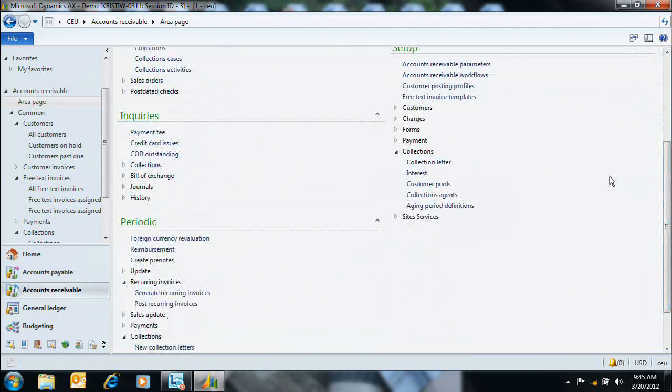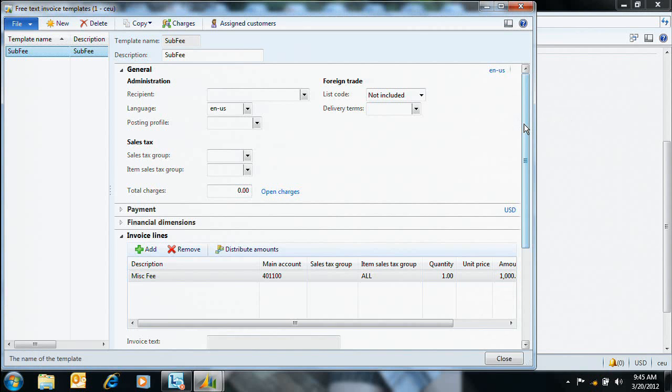Okay, so we're going to first take a look at the setup of the template. And this is located in Accounts Receivable under Setup. And you can see I already do have one template created, but I'm going to create a second one. So we have